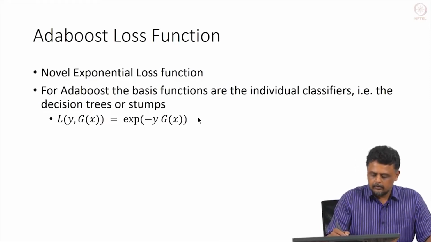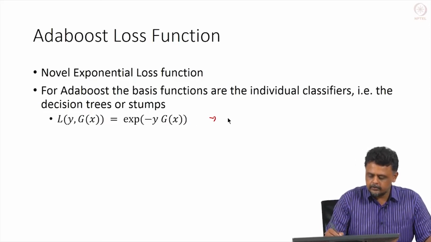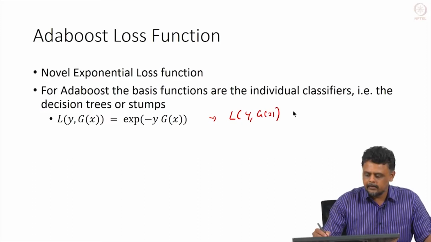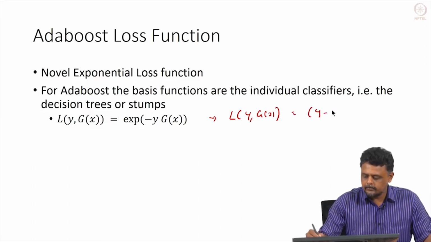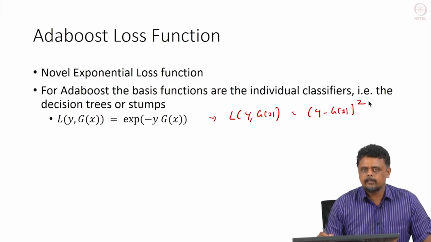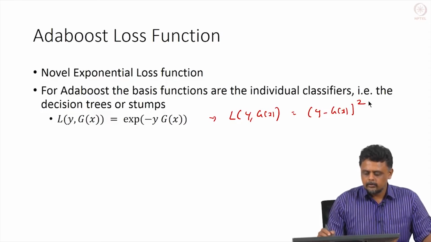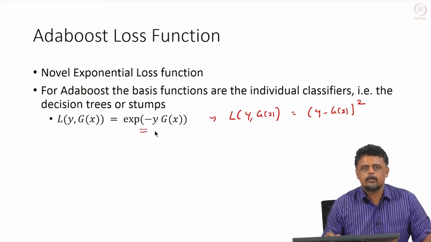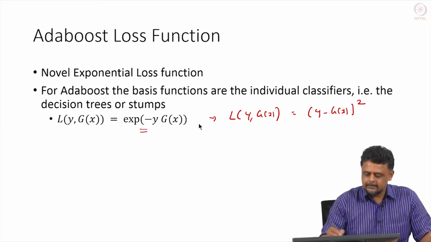So, remember previously we saw this L of y comma g of x. I am omitting the subscripts i. We saw that as y minus g of x squared. This is what we used as an example in the previous slide. So, instead of that we have an exponential of minus y times g of x. Okay. So, this product